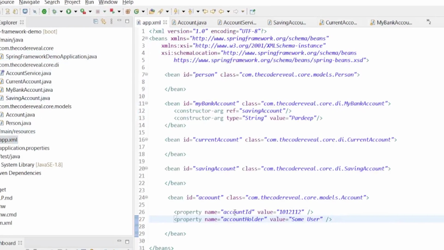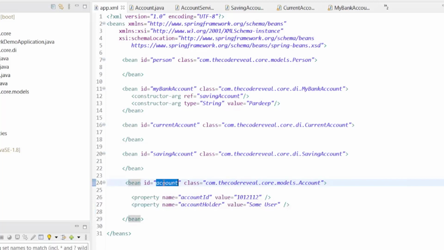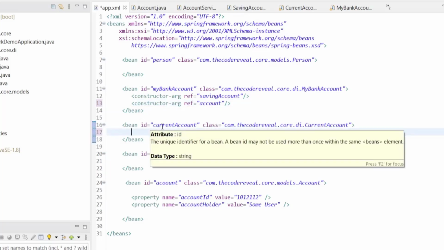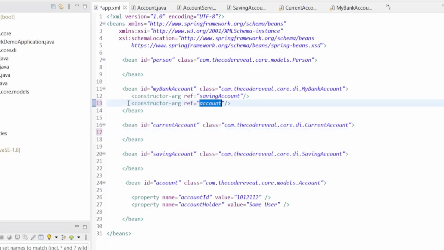So in the app.xml we have account. So this is in the my bank account. So let's define that reference account. This looks more clear. We can add the account constructor because we are passing the account object in the create method. So we can now test this.